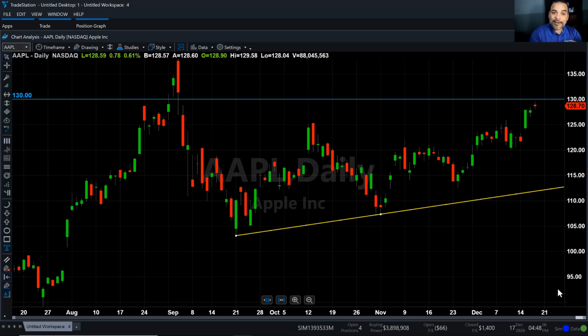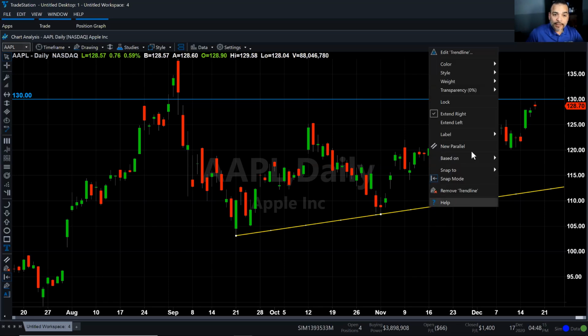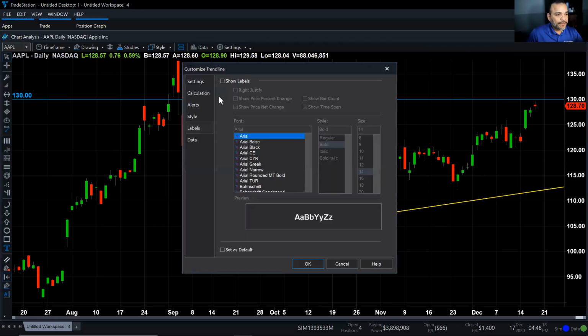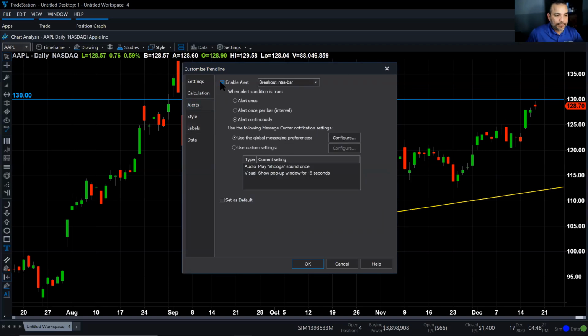That's my trend line. And the same way that I turned on an alert for the horizontal line, I can come here and turn the alert for that as well. I'm going to right click, click on Edit Trend Line, go to Alerts, enable the alert, and you can say alert once. And sometimes what I do is I come over here because you have different ways in which the alert can be triggered. By default, it's looking for the price to touch the line. But what if the price doesn't really touch it, but there's a gap down? And all of a sudden, from 128, it drops and it jumps the trend line and it starts